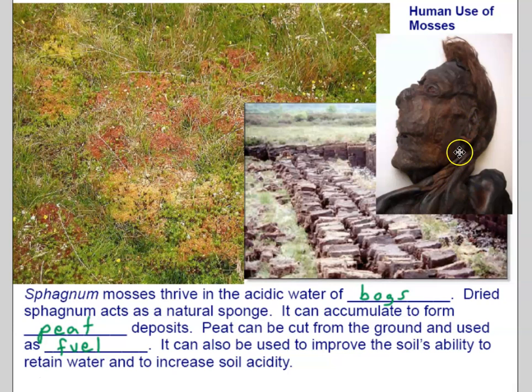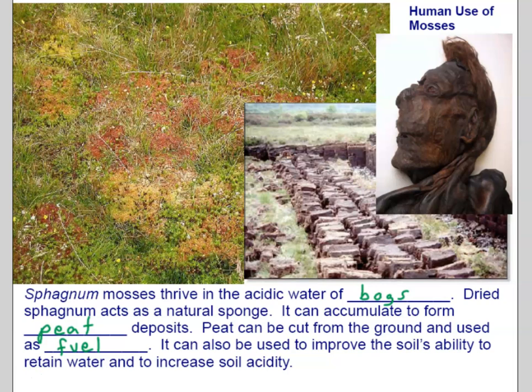So this is a peat bog mummy that was found in a peat bog in Ireland, probably when they were mining the peat. That's what we're seeing going on here. They're actually digging up the peat to be able to mix it into soils and so forth and sell it. Or sometimes it is burned as fuel. When it's dry, you can burn it like fuel, especially in places where they have peat bogs but they don't have a lot of trees to burn, they'll be using this as a fuel source. So that's it for the bryophytes.